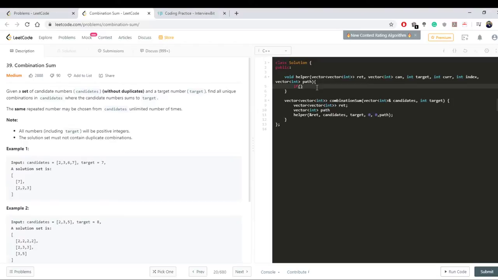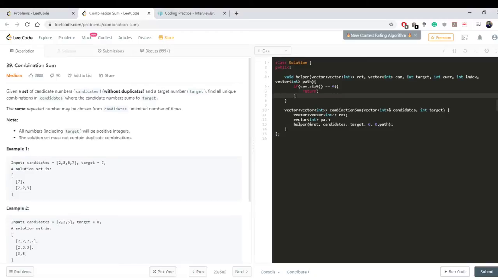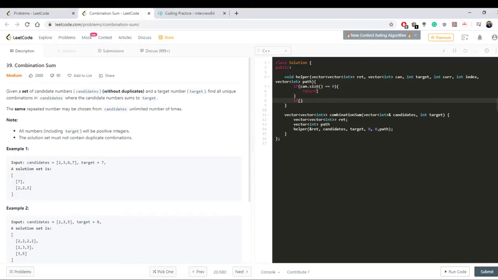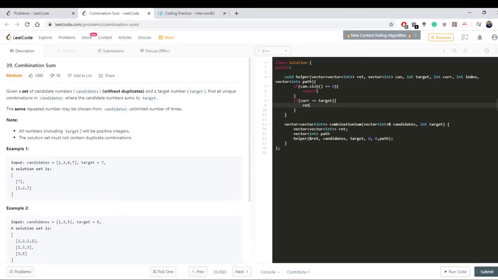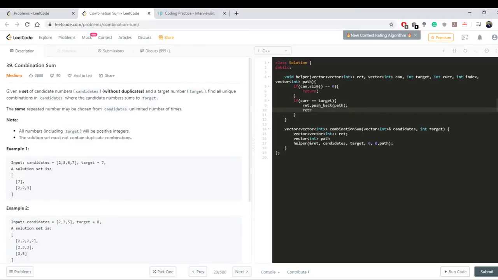Okay, so if your possible candidates is empty, then you just return. Also, if your current sum is equal to target, you add your path, push back path, and then you return because